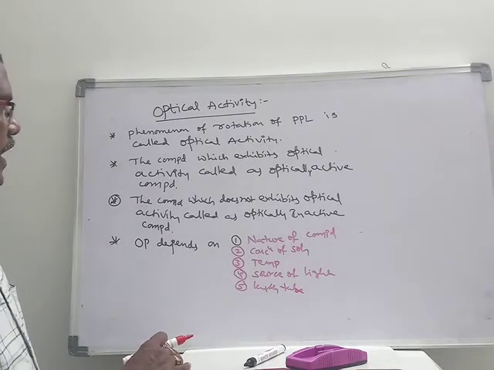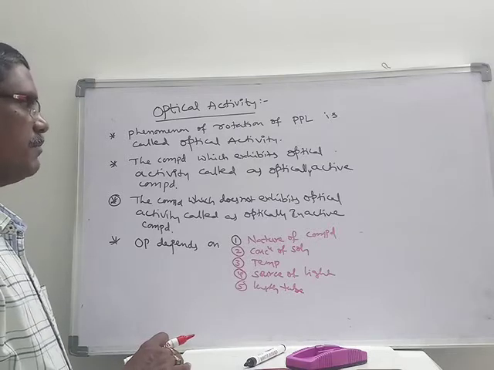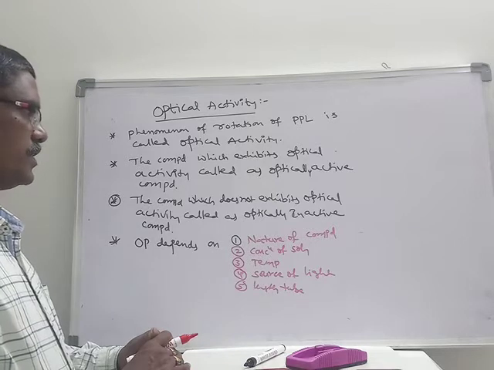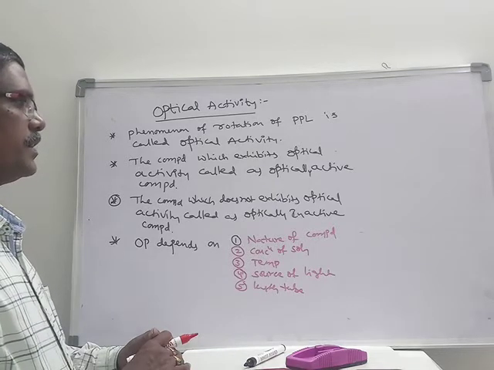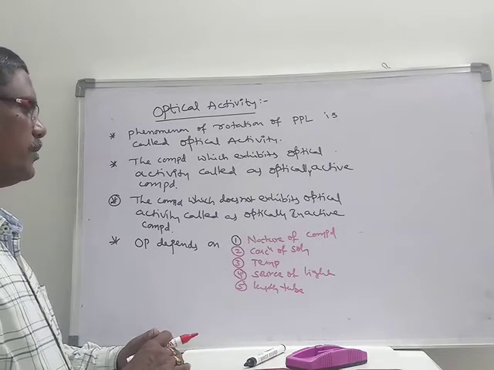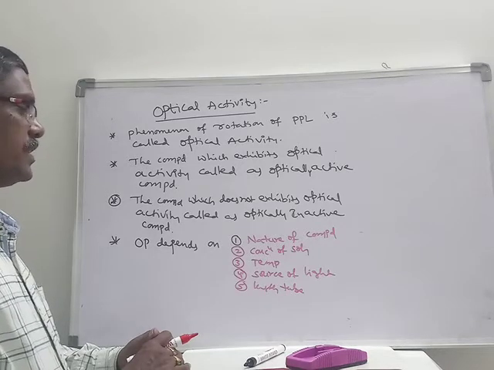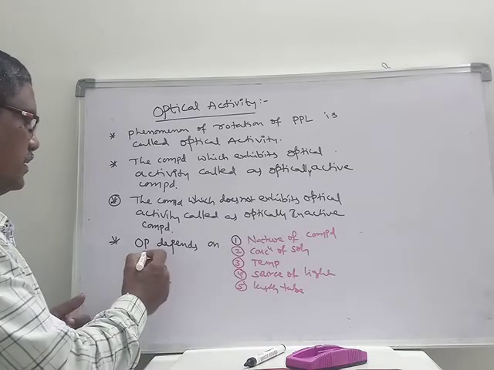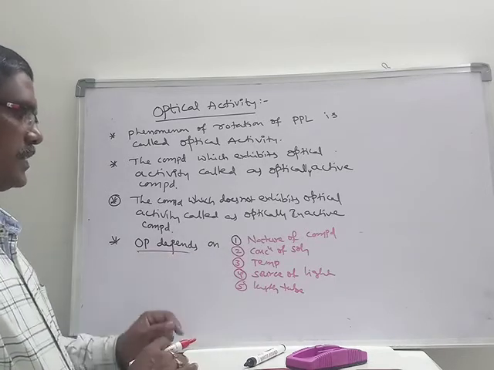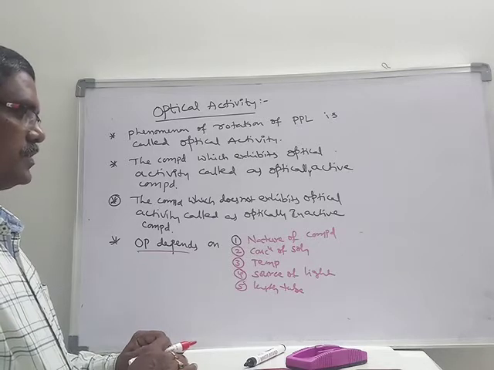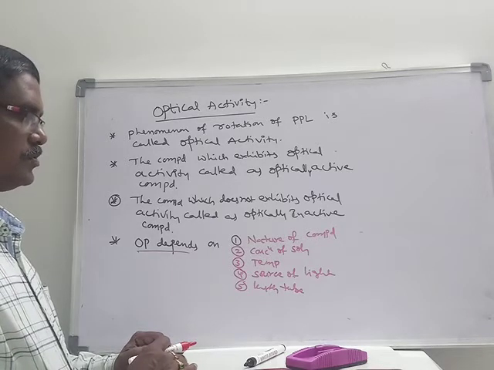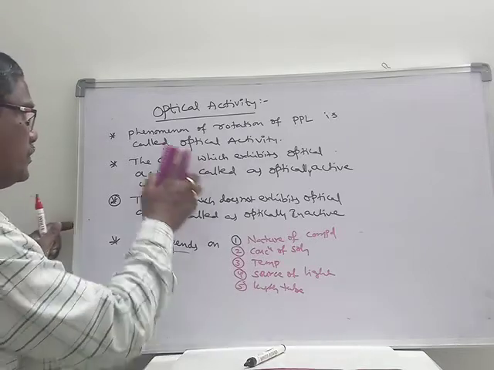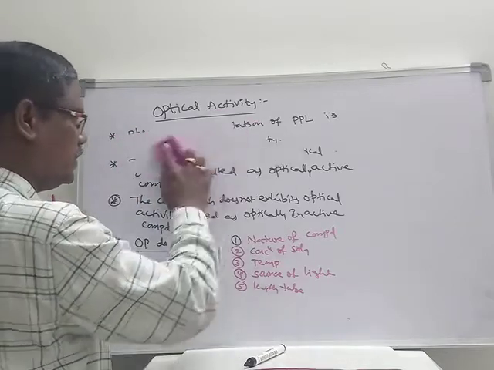The phenomenon of rotation of plane polarized light is called optical activity, and the compound which exhibits optical activity is called an optically active compound, and the compound which does not exhibit optical activity is called an optically inactive compound. Optical activity depends on the following factors: the nature of compound, concentration of the solution, temperature, source of light, length of the tube. Now, how to know